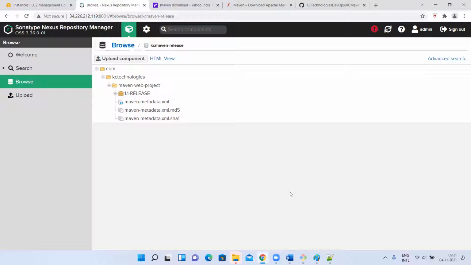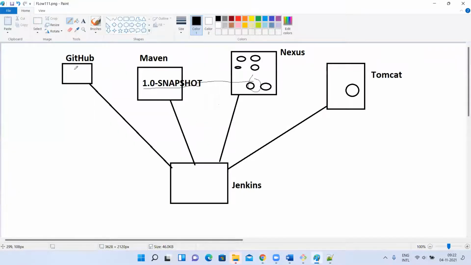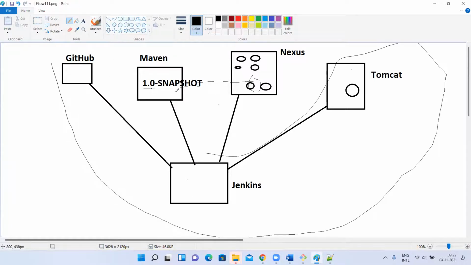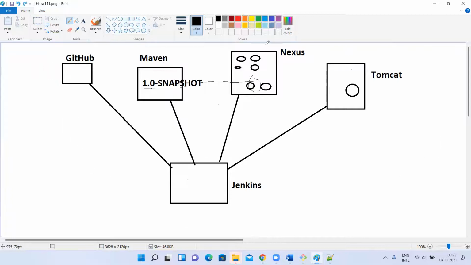There's a few more details I'll explain about Nexus later. But so far, that integration is done. Now tell me, if I want to integrate this. So far we know how to integrate GitHub with Jenkins, Maven with Jenkins, deployment into Jenkins. These three steps we did already so many times. We did assignments, everything we did. Now I want to integrate Nexus. What should I do? Tell me.